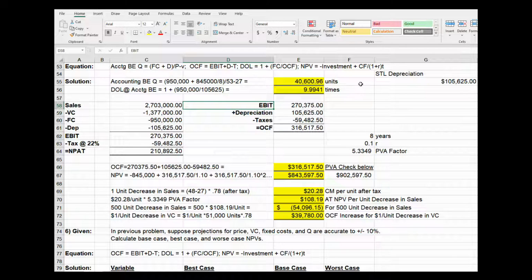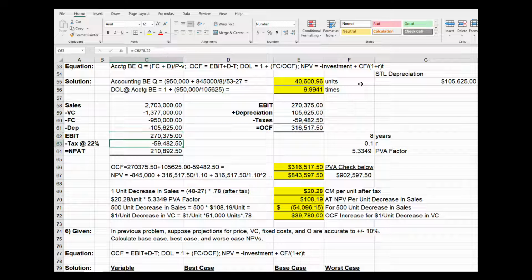To solve for the base case OCF and NPV, I need to do a P&L. Whenever I see the letters OCF, I need EBIT plus D minus T. So my sales are simply $53 per unit times 51,000 units. Variable costs are $27 a unit times 51,000 units. Fixed costs are fixed at $950,000, and my depreciation we calculated earlier at $105,625. That leaves me with EBIT of